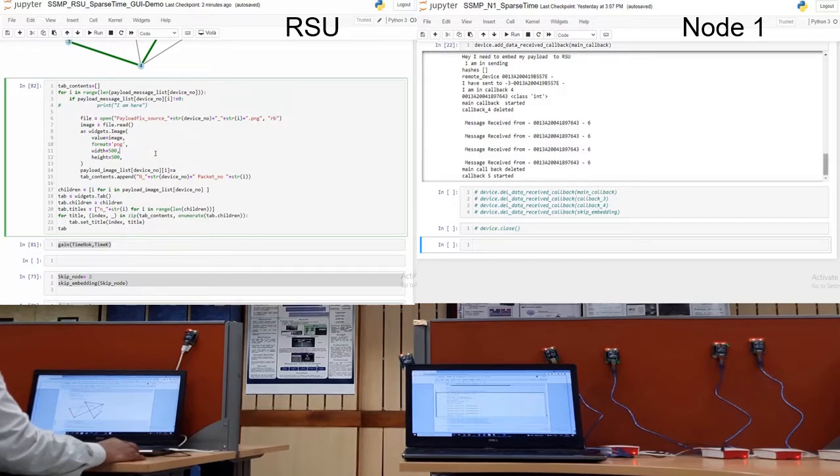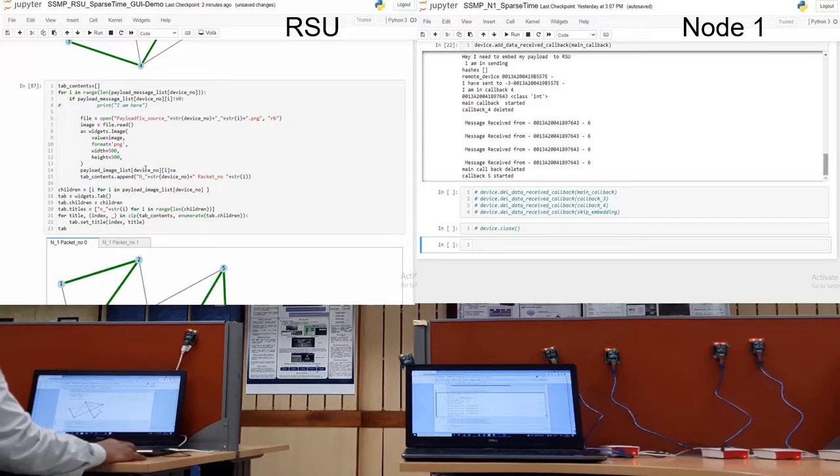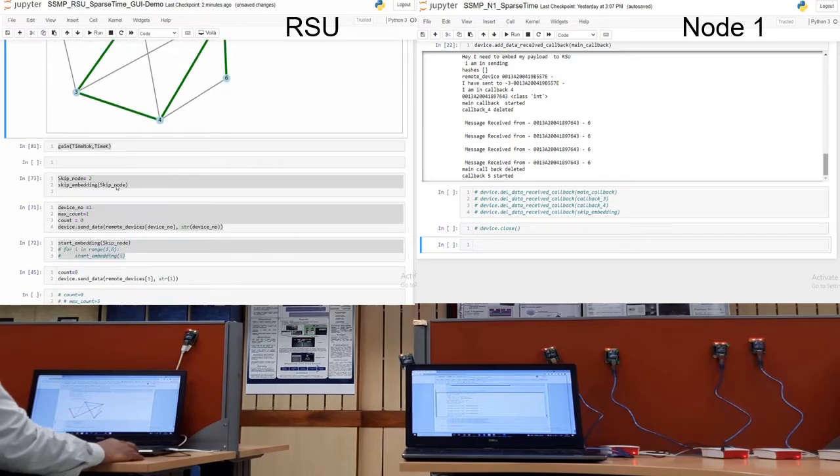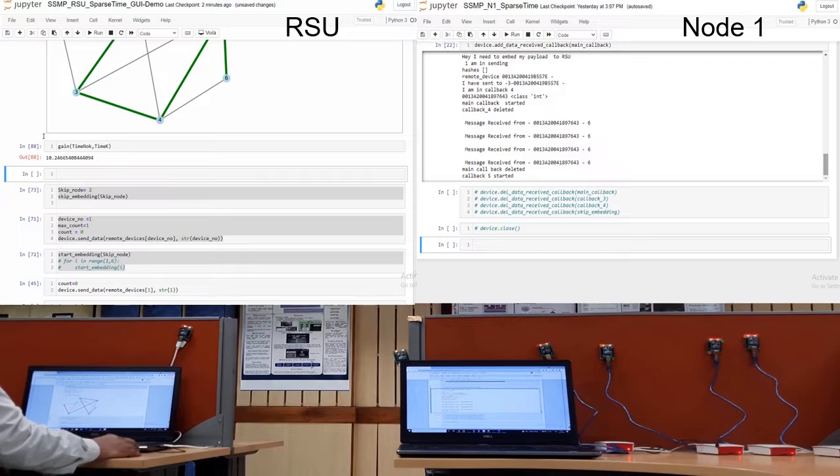We have asked the node 1 to send the packet 2 times. We can see that packet 0 has followed the path 1, 2, 3, 4, 5, 6. Similarly, packet 2 also has followed the same path 1, 2, 3, 4, 5, 6. Now we will see how much gain we have this time. This time we can see that we have 10% gain if we know the topology. So if the network is sparse and the RSU knows the topology, then the RSU can recover the path in less time as compared to the case when the RSU doesn't know the topology.